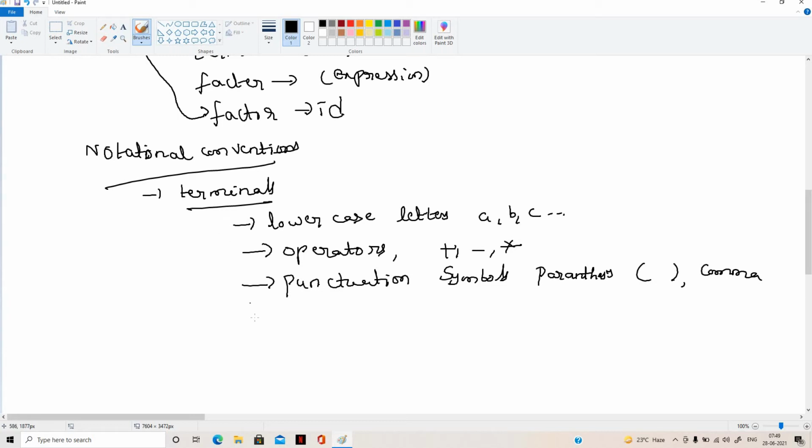Similarly, digits between 0 to 9 we call terminals. Another thing is boldface strings. Boldface strings are strings represented in bold, like id, if, else. These we also call terminals.